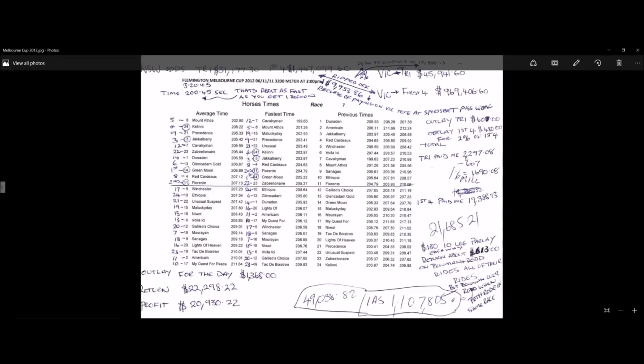And the trifecta paid me 2,297, and the first 4 paid me 19,388. So all up for the day, my outlay was $1,368, and I got back $22,298 for a profit of nearly 21,000. So